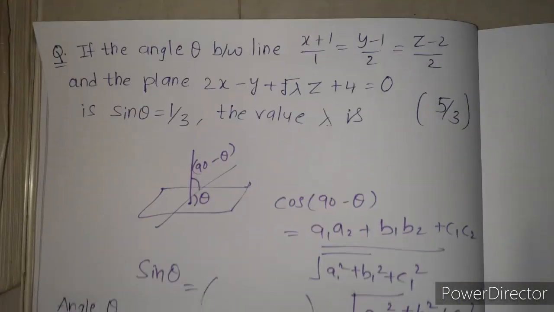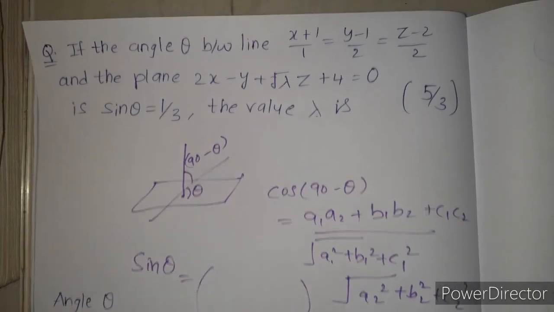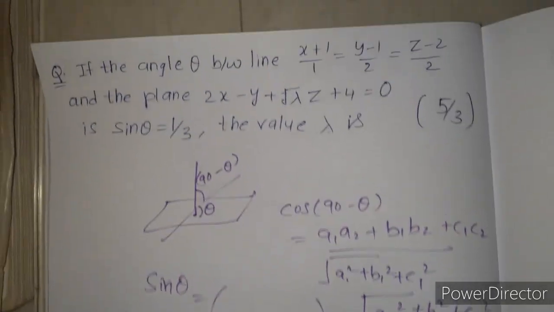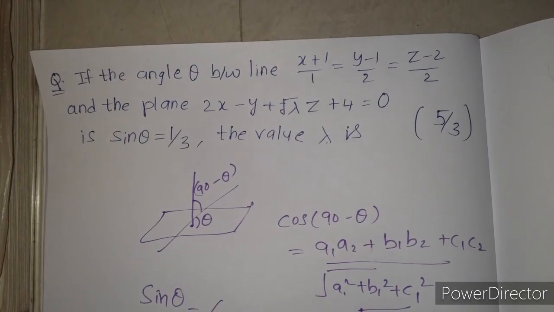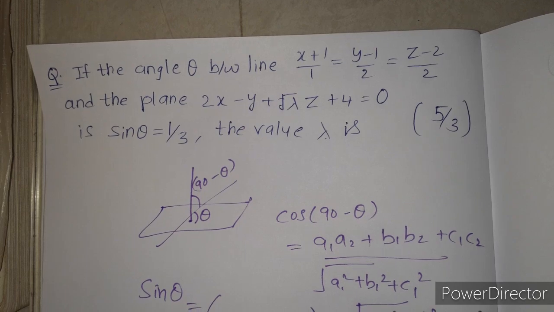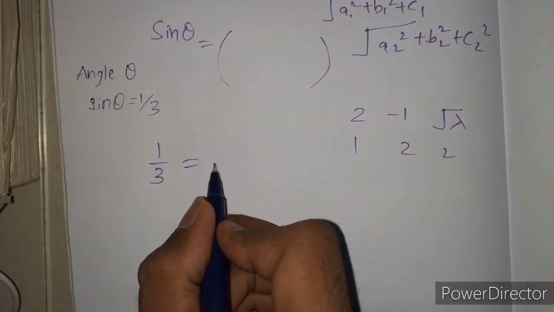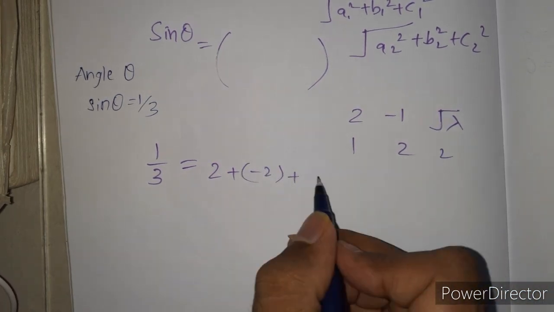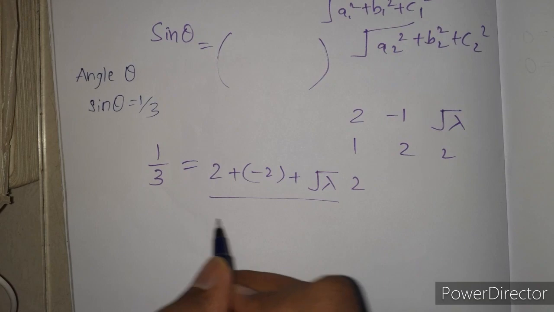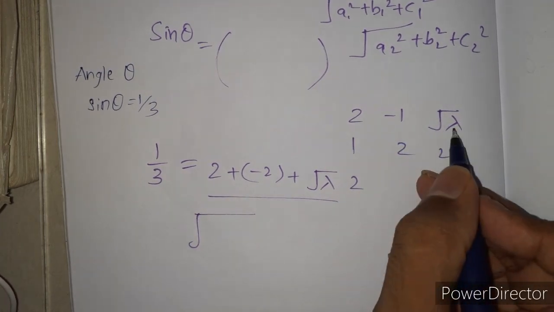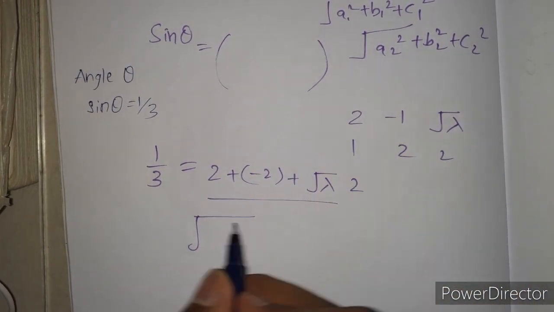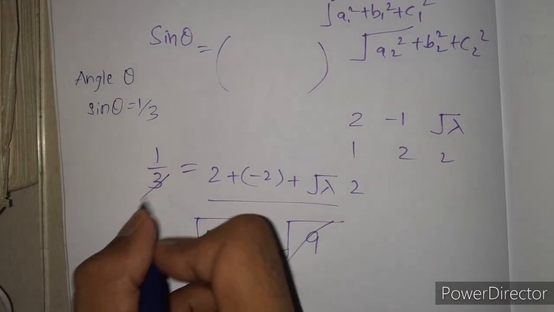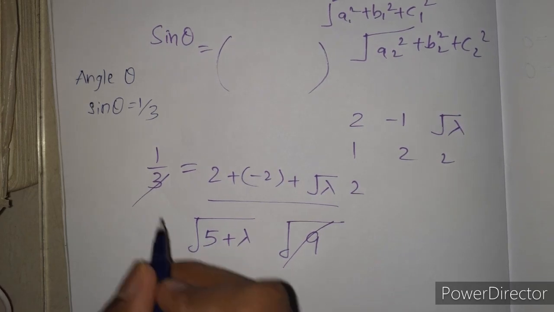Now they have given sin theta is 1 by 3. So 1 by 3 is equal to, and the DRs of the plane are 2, minus 1, root lambda, DRs of the line are 1, 2, 2. So a1 a2 plus b1 b2 plus c1 c2 by root of a1 square plus b1 square plus c1 square. 4 plus 1 is 5, 5 plus lambda, root of 9. So this will get cancelled, this one, and we'll get root